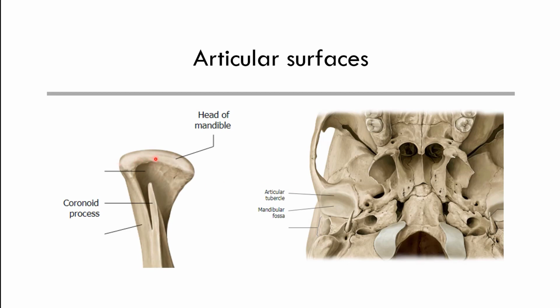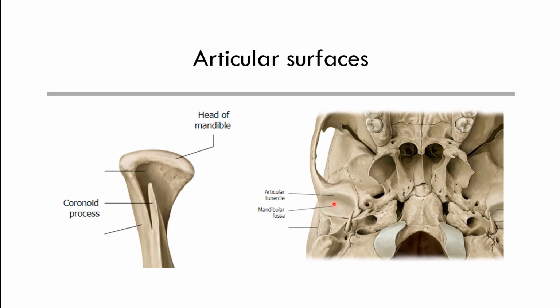And this is the head of the mandible. You can see here this is the coronoid process, this is the condylar process, and this is the notch of the mandible. And the head is almost horizontally elongated. The long axis is almost 2 centimeters horizontally, and the anteroposterior axis is 1 centimeter, which sits here.